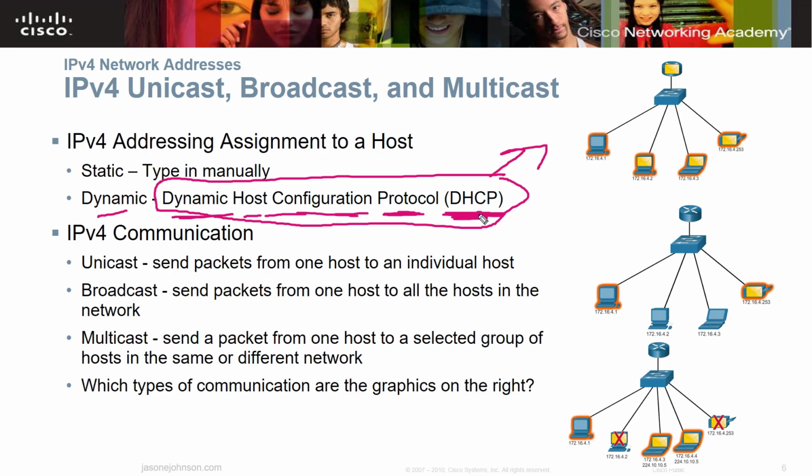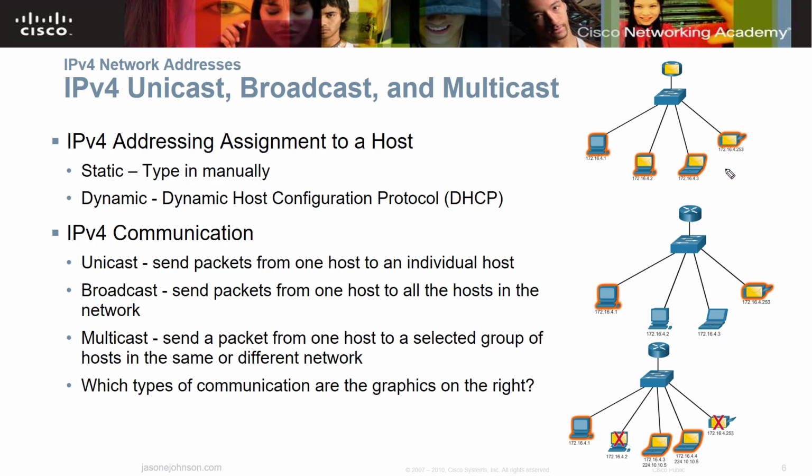You set your DHCP server up to say, I want this range of numbers to be passed out. So in this case, we're passing out 172.16.4.1 up through 250, probably 254. So computers inside that range of the DHCP are going to be able to get that IP address assigned to them. Hopefully that makes sense, that those get assigned automatically by the DHCP.